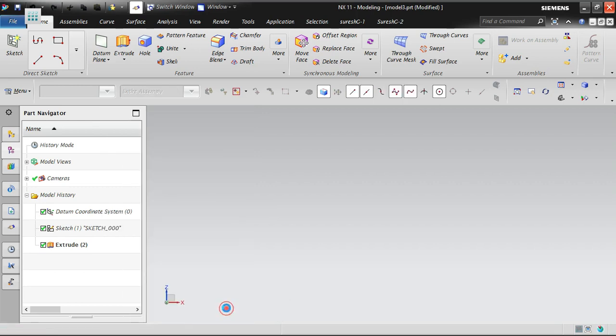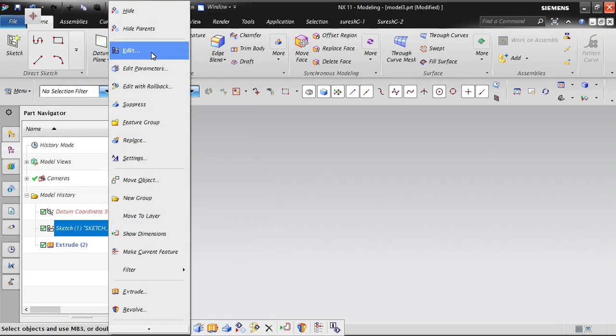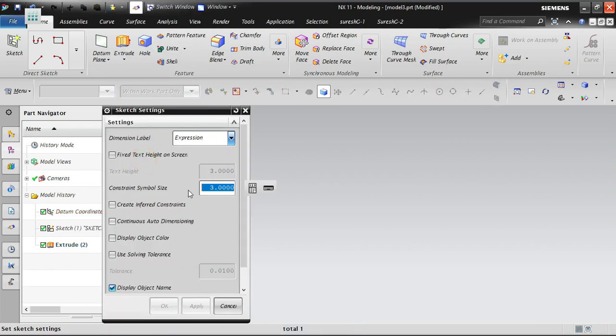For the existing sketch, if you want to take care of it, then you have to go to the settings button. Here you go. So create inferred constraint, if you want you can turn it on, if you do not want you can switch it off. Similarly, continuous auto dimensioning: if you keep it off, then continuous auto dimensions won't get created for the upcoming sketches. For example,